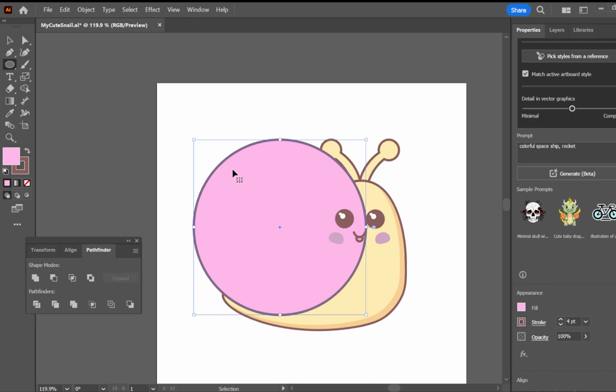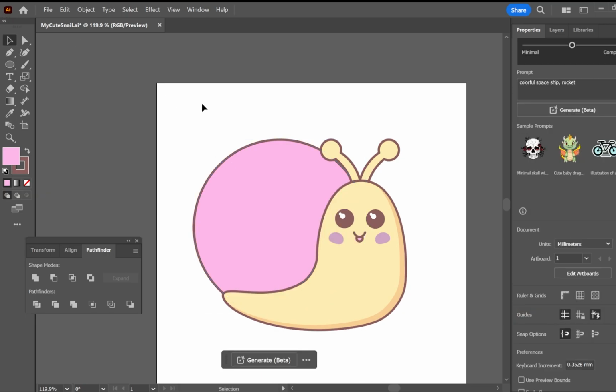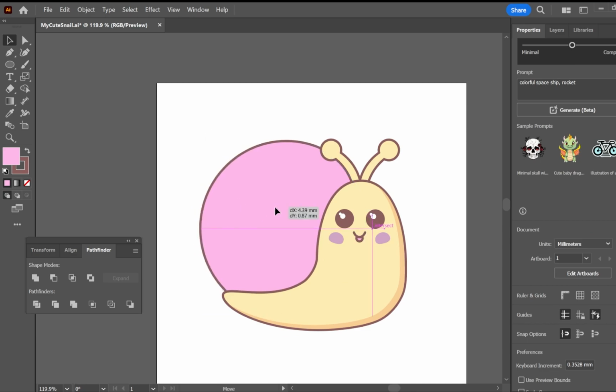They've all got a 4-point stroke. Sending to back using Control and left square bracket. And then just adjusting.